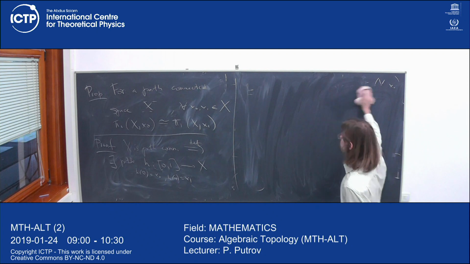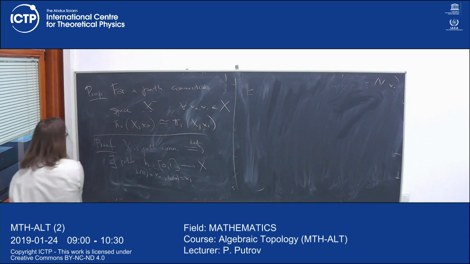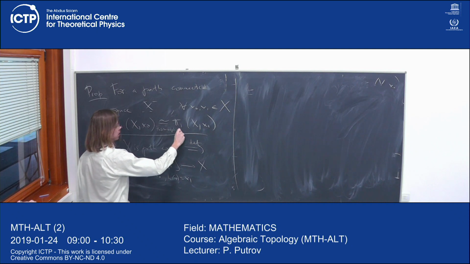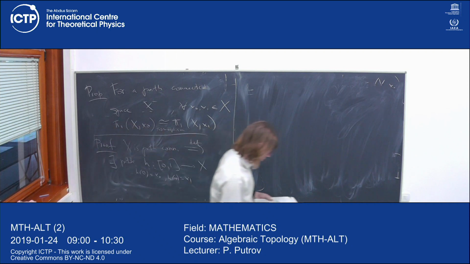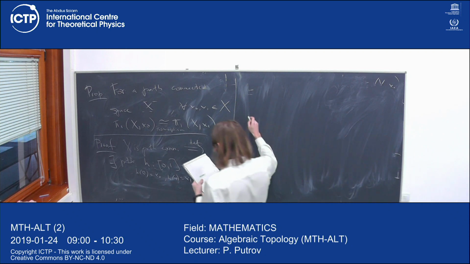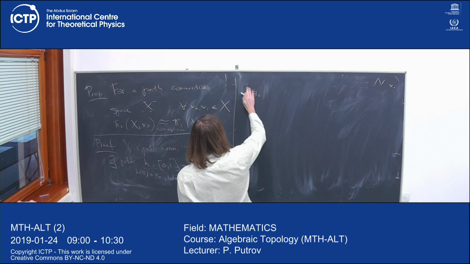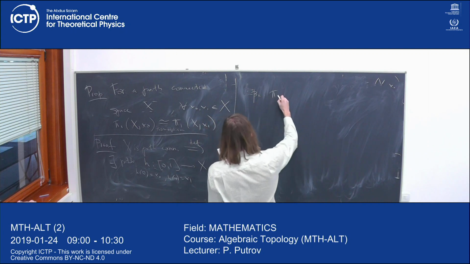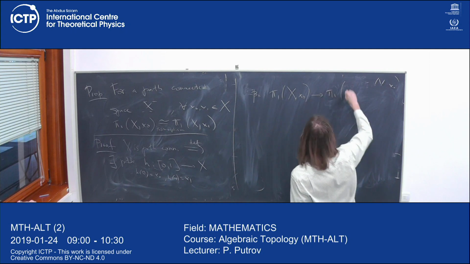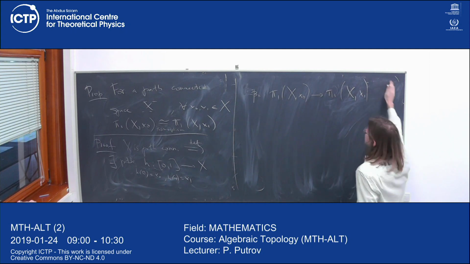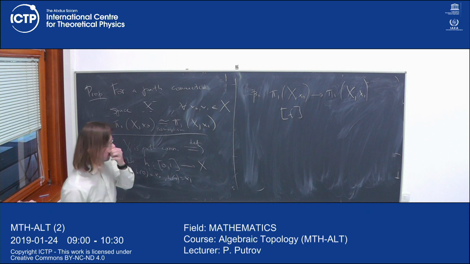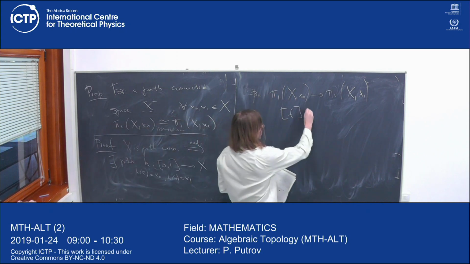And we want to use this path to explicitly construct an isomorphism between these two groups. You conjugate by? Well, more or less. So let me construct the following map from pi1 x0 to pi1 x1, such that if I take a homotopy class of a path f here, it's mapped to